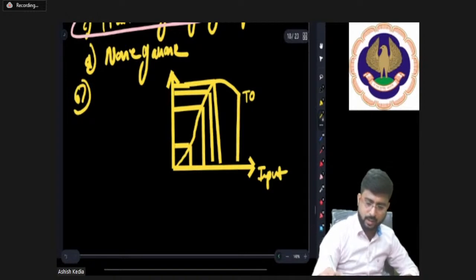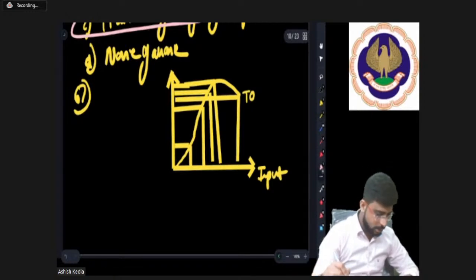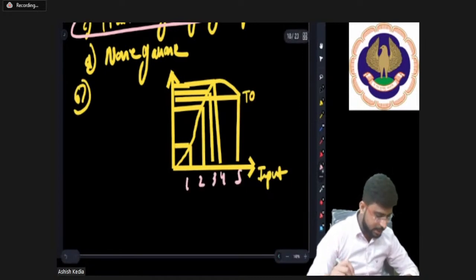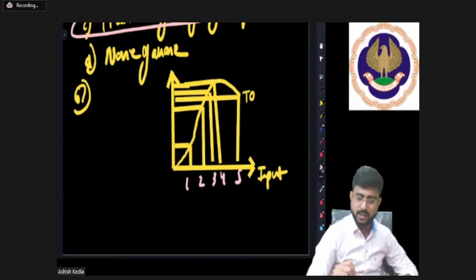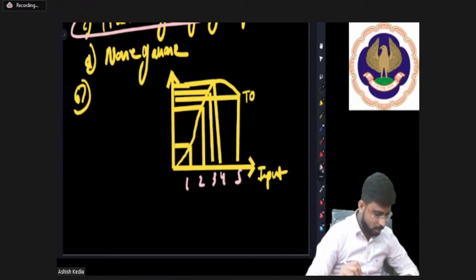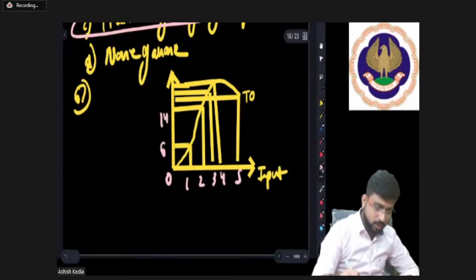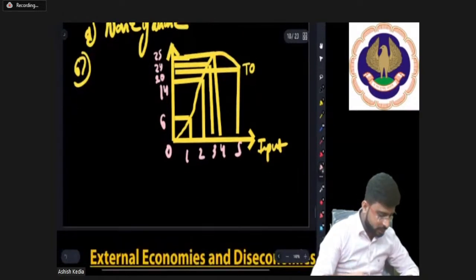Now pay attention everyone. So see, 1 2 3 4 5 6, 1 2 3 4 5. Okay, main data I have given you. Okay, pay attention everyone. 0 6 14 20 24 25. What they are asking you is